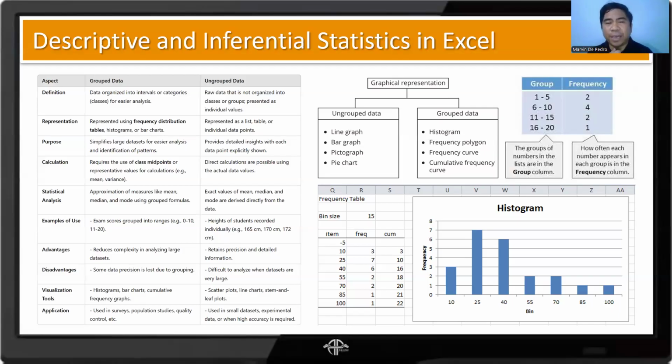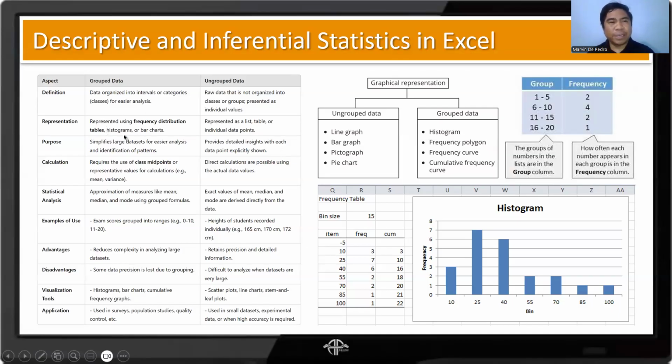Like for example, if we are measuring student heights and we want to see the individual height of each student. And like the scores, we can be concerned only with which ones have very low scores, which ones have 10 to 19, which ones are 90 up to 99 or 100. So that's another option for us.